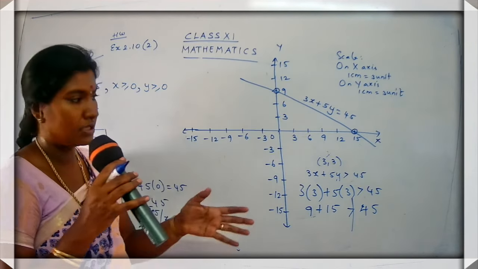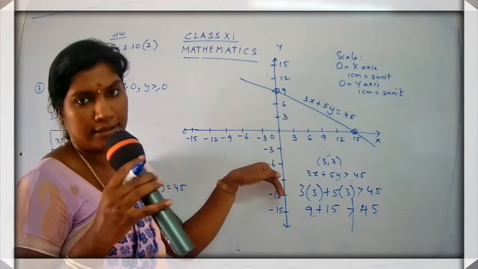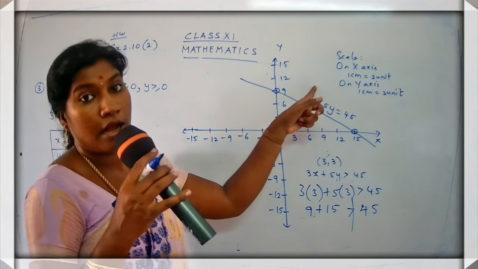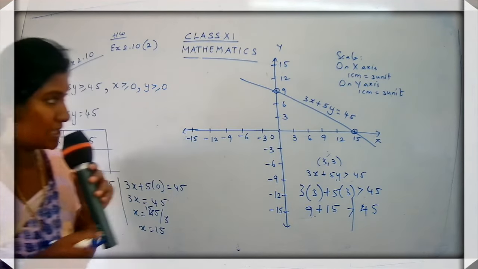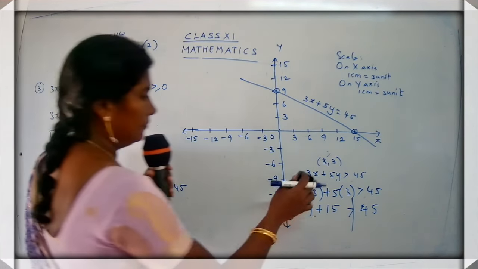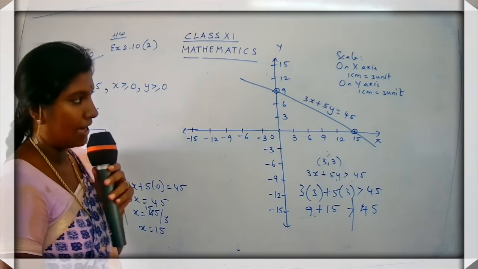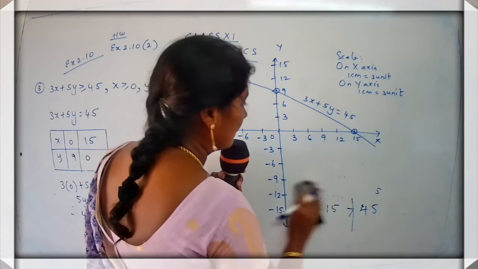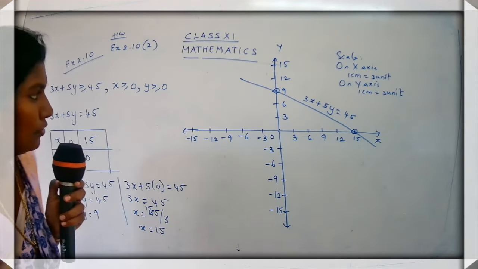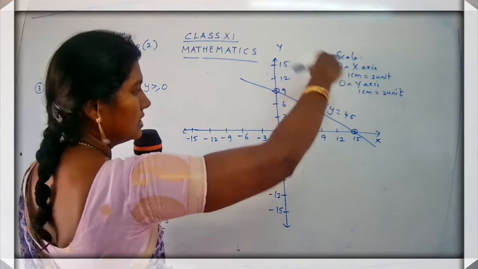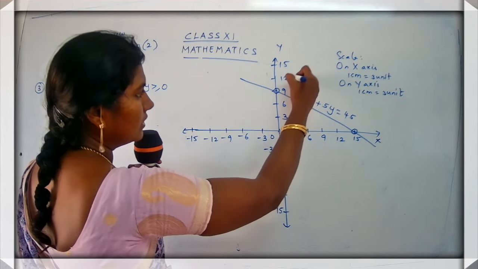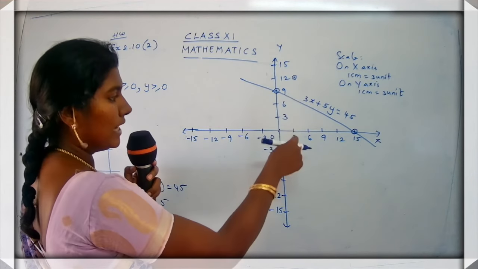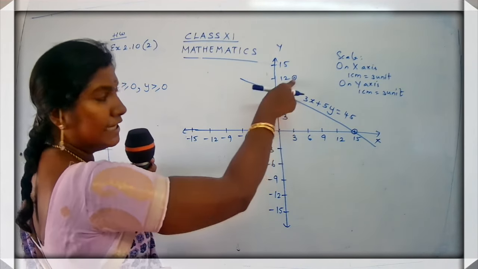So I cannot choose a coordinate below the graph. Now I have to try for a coordinate which is lying above the graph. So 3, 3 is not satisfied. I cannot choose the coordinate 3, 3. Now let's try for another number. You have to choose a number lying on this side. So can I take the number 3, 12, children? See, 3, 12 means it is lying above the graph. Are you getting my point? So I can choose the coordinate as 3, 12.